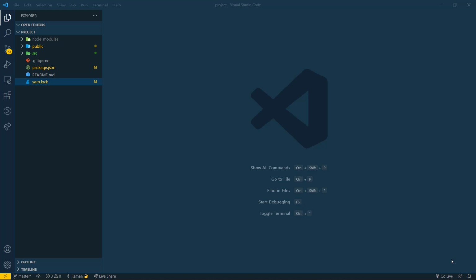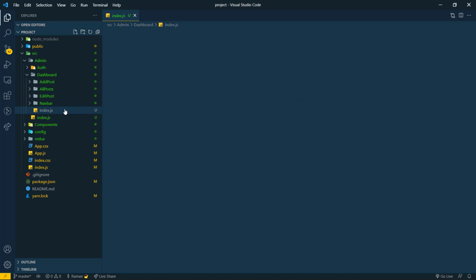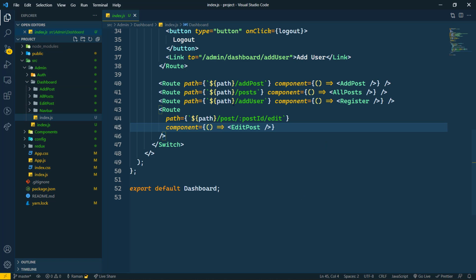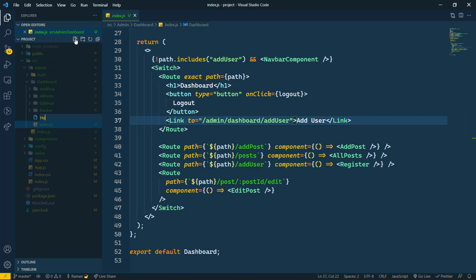So this is our coding section. Now we are going to the admin panel, and let's go to the dashboard. In the dashboard we will go to the index.js, this one. Here we are going to create one new file, and that will be our home.js.